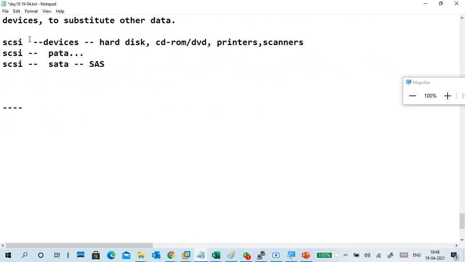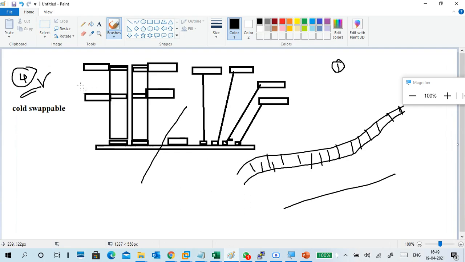Next, devices: PATA, SATA. Next, SCSI further developed into iSCSI. iSCSI means Internet SCSI. Internet SCSI. It means independent system. For example,